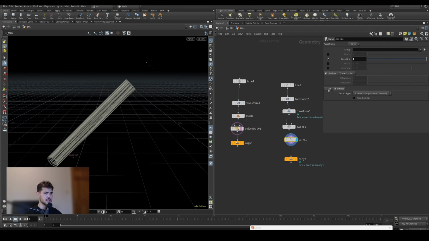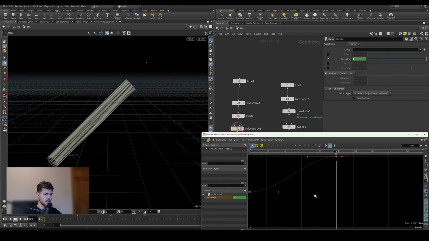And I think we'll just need to use extract so that we just have the points. We don't want to have the curve. We just want the points that are located at those locations along the curve. So you can probably start to see how this is going to end up working. And in this example, I just animated this value along,